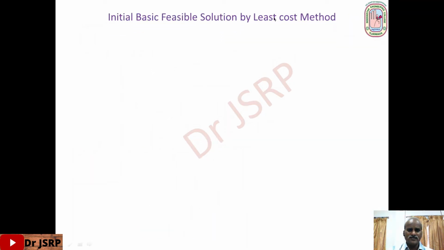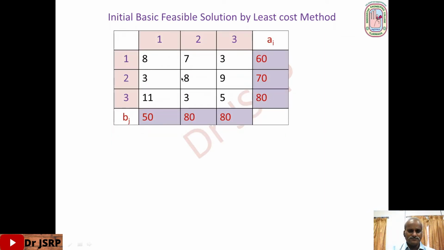First we find the initial basic feasible solution by the least cost method. Okay. So consider the table. Write the cost in the left corner of each cell. You have to write the amounts here. The last column is the available amounts at origins, and the last row is the required amounts at destinations. Take the first origin as the first row, second origin as the second row, third origin as the third row. First column as the first destination, second column as the second destination, third column as the third destination.